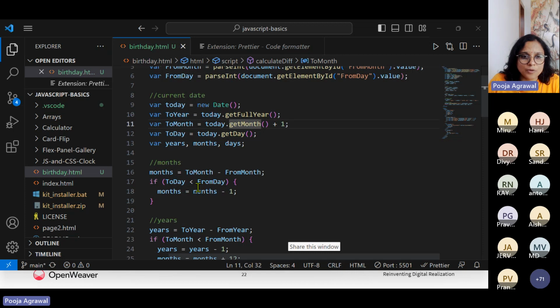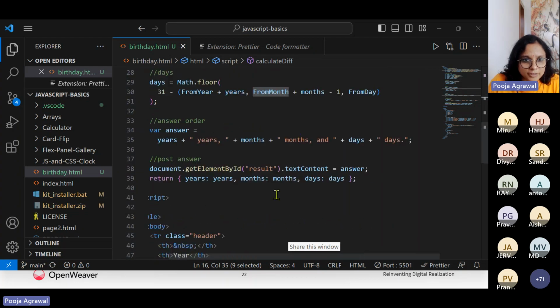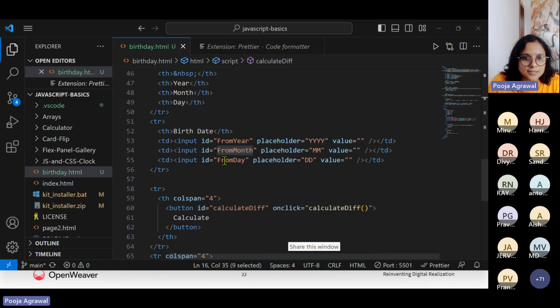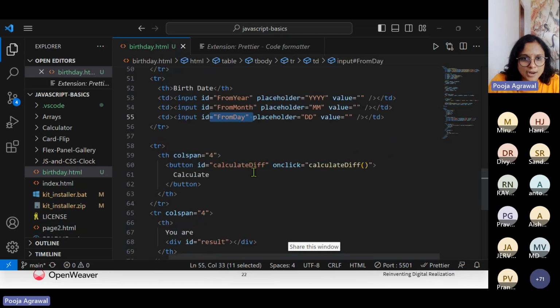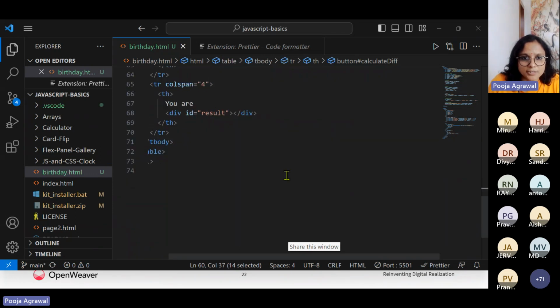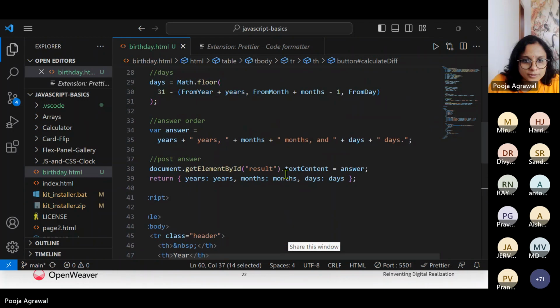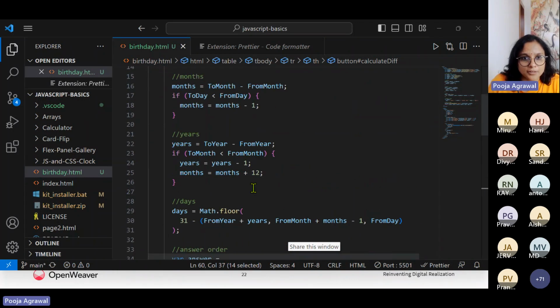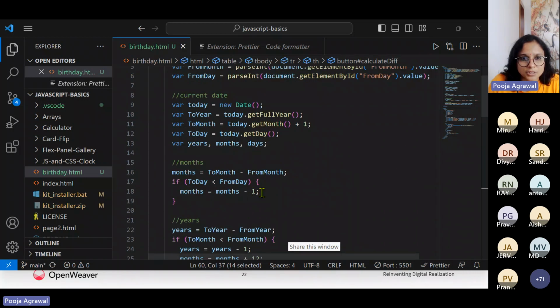And then you see when we are within the months, we are deducting from the current to month and deducted from month. So we just have to check. Let's get into the main function basically to understand this. First of all, we have taken this as input from the user, and then further we call calculateDiff on clicking this calculate button, which is where we want to get the result. So we see that simple calculations are happening here.